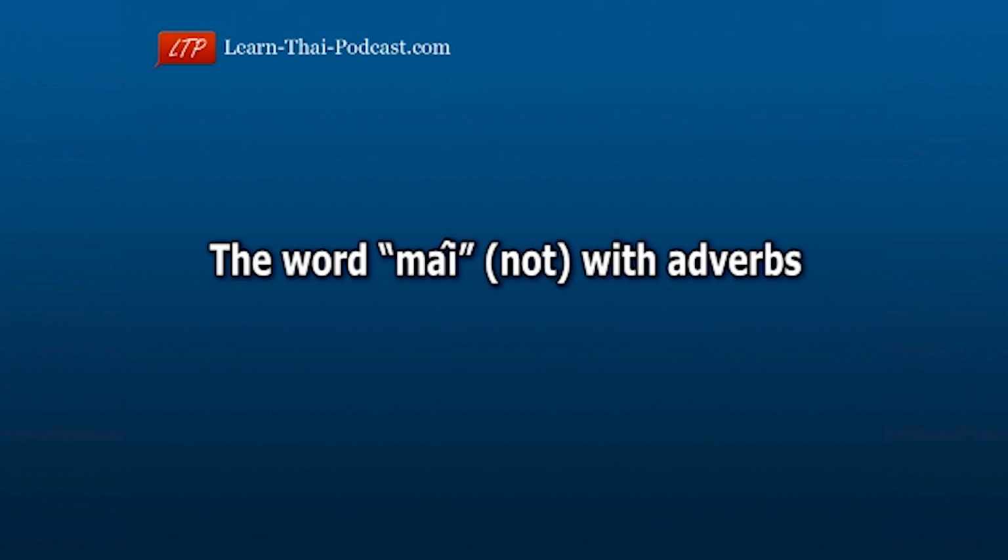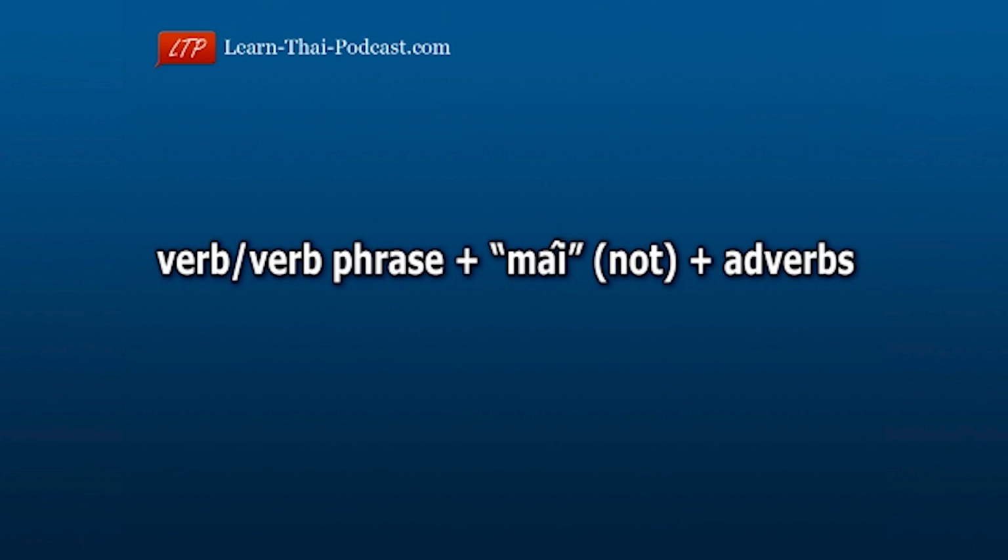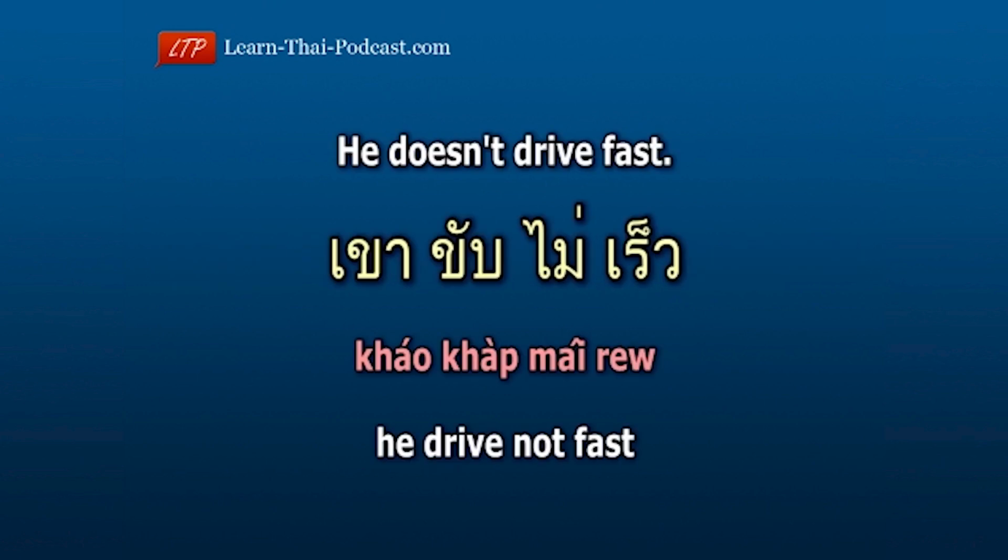Alright, that's pretty straightforward. Let's have a look at ไม่ with adverbs. The structure of the sentence is verb or verb phrase plus ไม่ plus adverb. For example, he doesn't drive fast. เขาขับไม่เร็ว He เขา drive ขับ not ไม่ fast เร็ว. He drive not fast. เขาขับไม่เร็ว